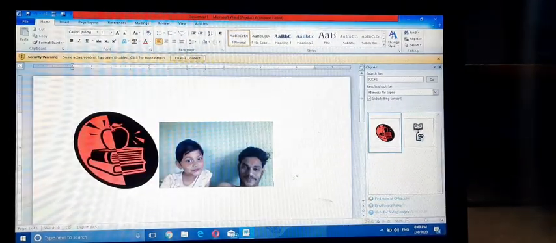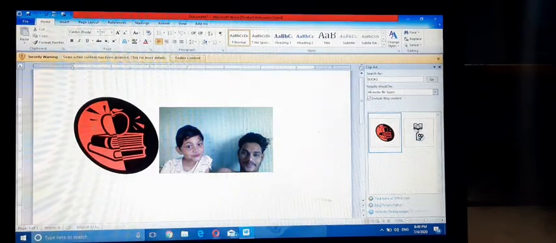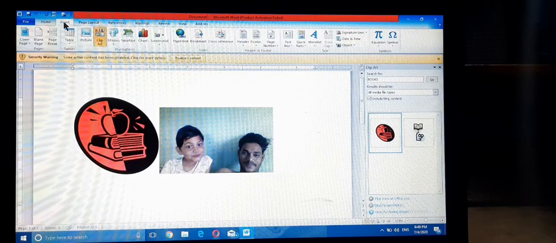The steps are: position the cursor where you want to embed or link the file. I am going to embed an Excel file. The first step is select insert, then here is the text group. This one is the object.